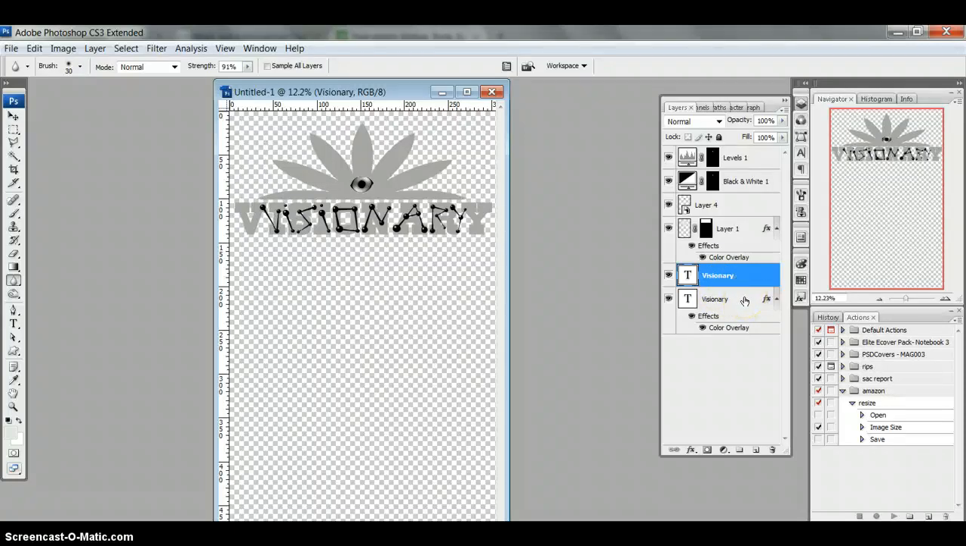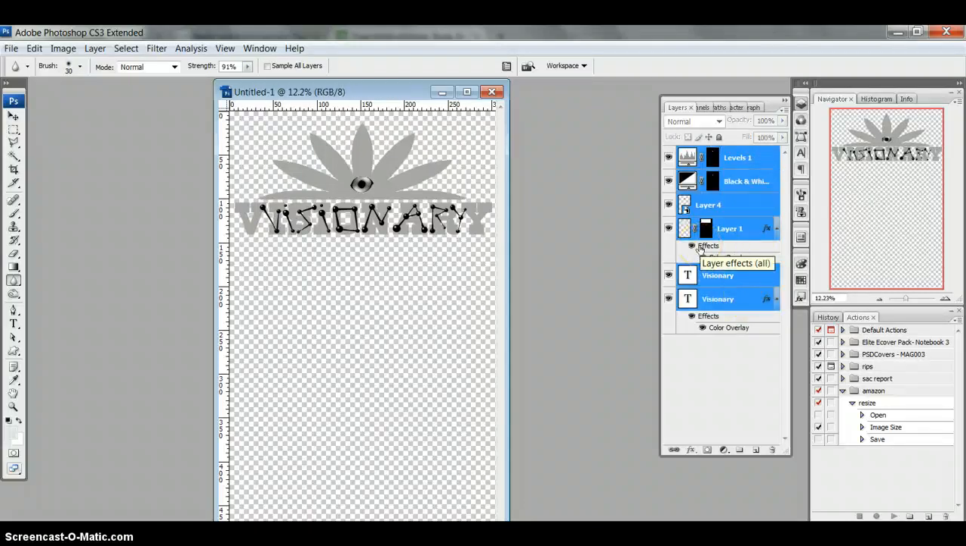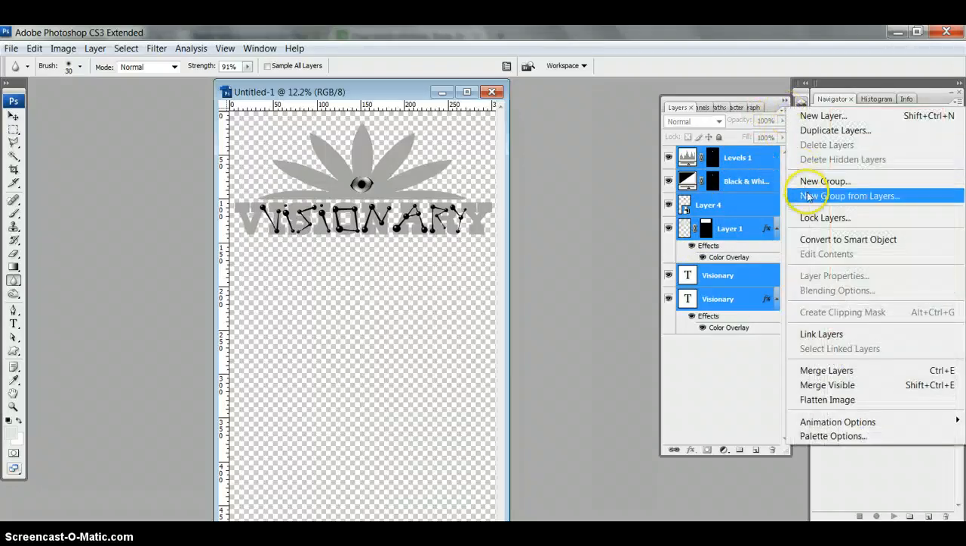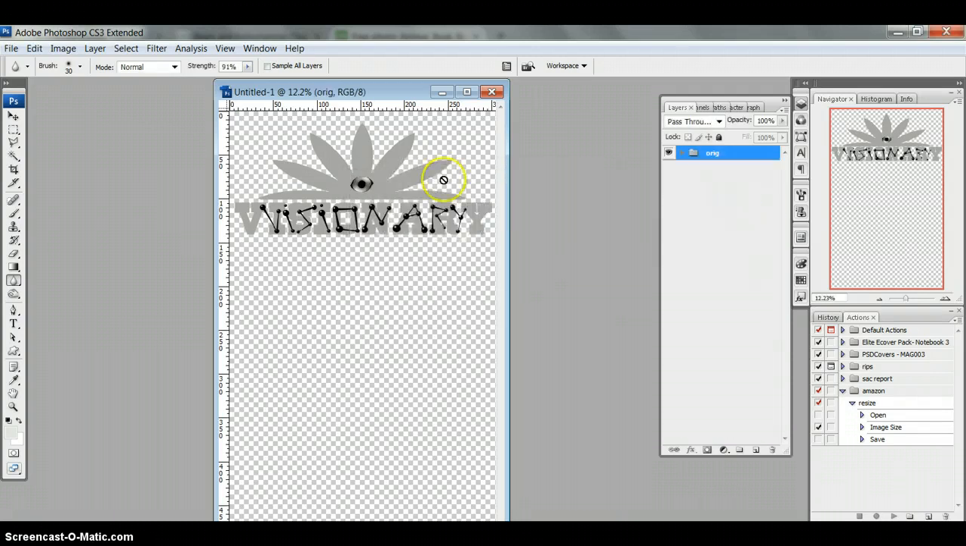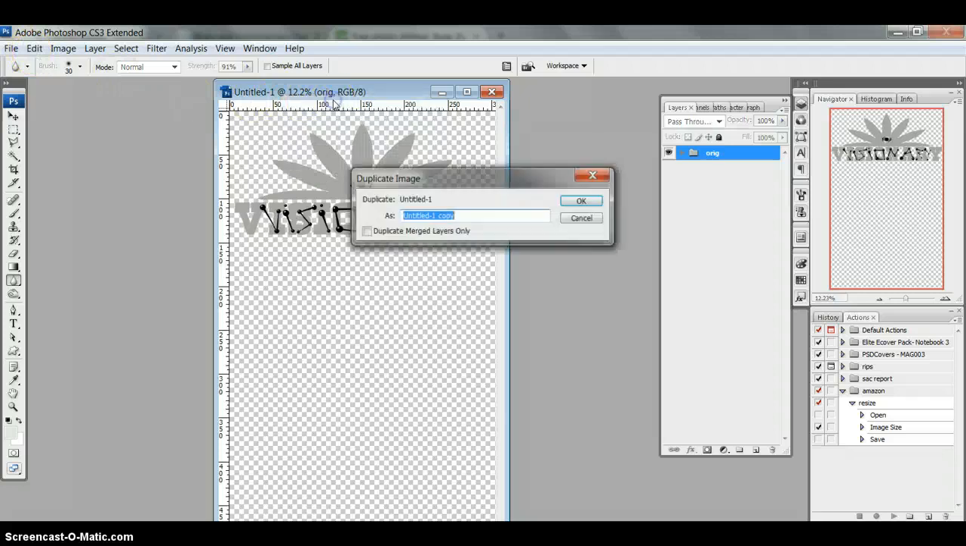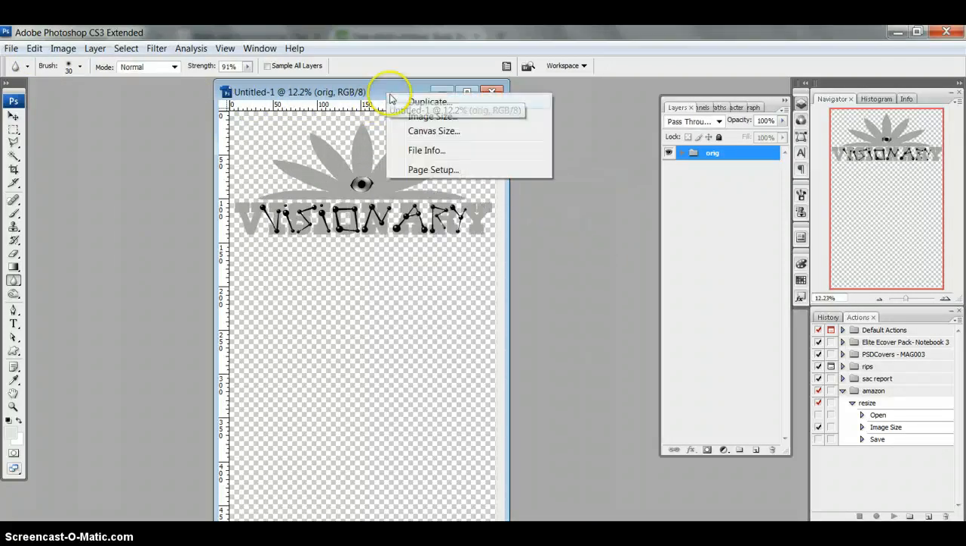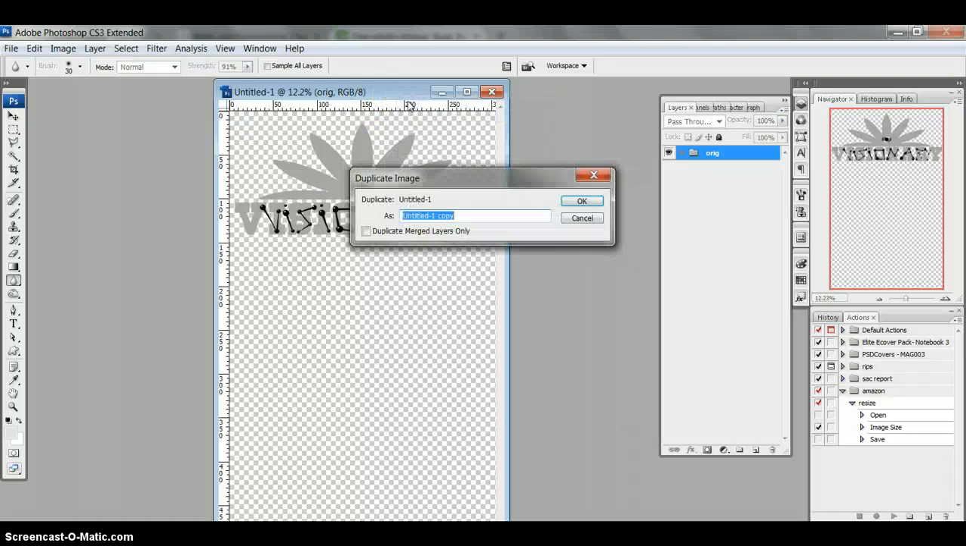And now it's time for us to do a little bit of wizardry with the whole thing. Only by watching Ingenious do you find these types of things out. We're going to new group from layers and call it Orig. Now I'm going to right click on it, duplicate, cancel, right click, duplicate,